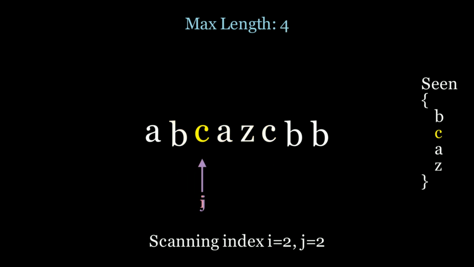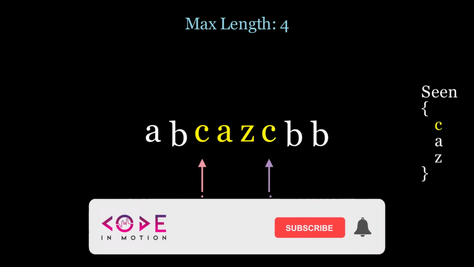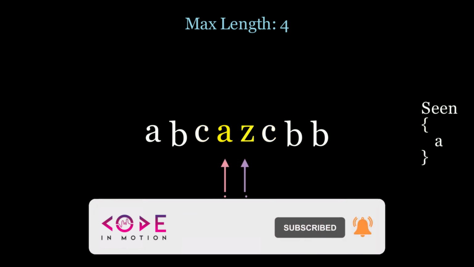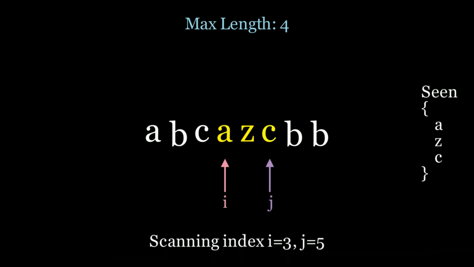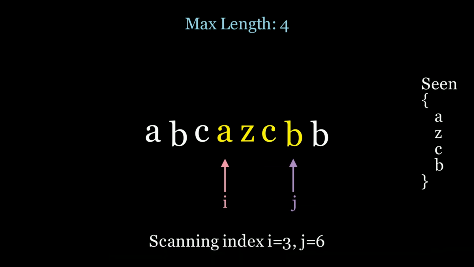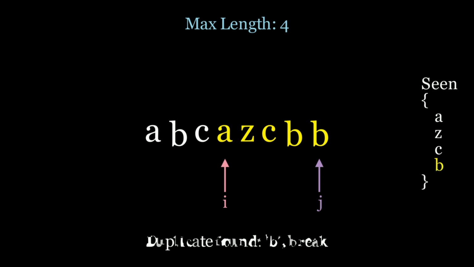At every single iteration, we could ask ourselves if we've seen that letter before by checking the hash map in constant time. And so you see in this case, we found a C, and since C is in the hash map, we know we saw it before. So it gives us the opportunity to reset the algorithm. So over here, we scan Z, then we scan C, and for every element we scan, we add it to the hash set. And if we've seen that element before in the hash set, then we break out of the